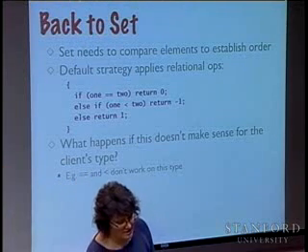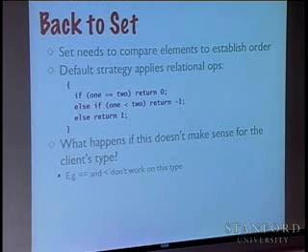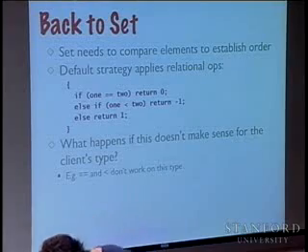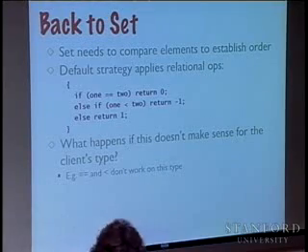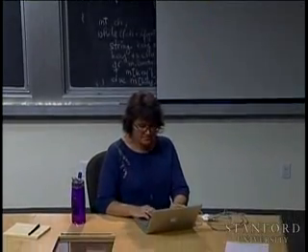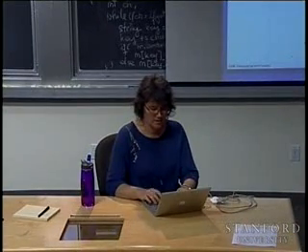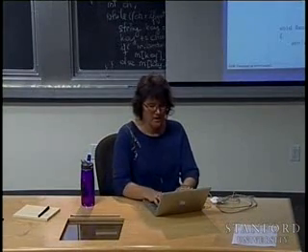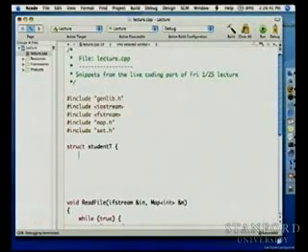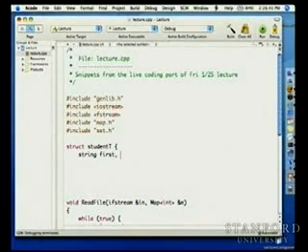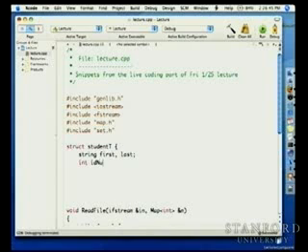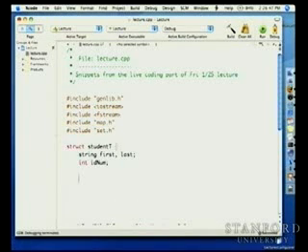So let me actually type some code, and I'll show you. I have it on the slide, but I think it's better to see it really happening. I'm going to ignore this piece of code, because it's not what I wanted. If I make some student_t structure, and it has the first and last name and the ID number, and maybe that's all I want for now,